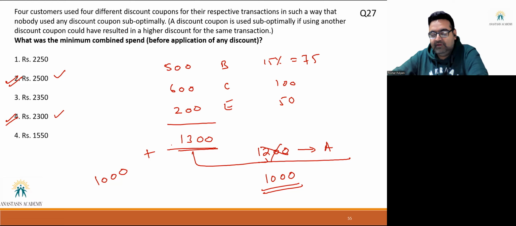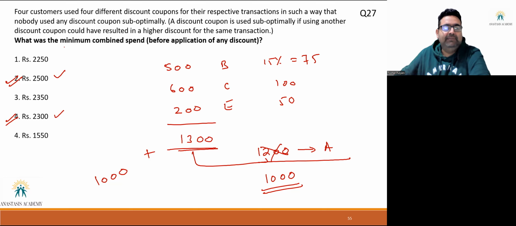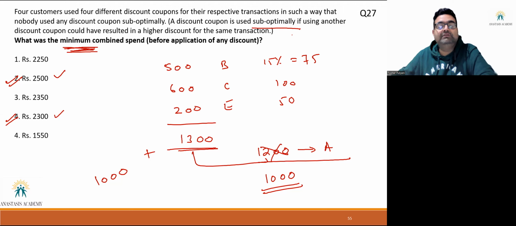And like I said, we'll have to wait for XAT to clarify this. I would have marked 2300 personally. Why? Because the idea is to minimize the combined spend, right? If I have to minimize the combined spend, the thought process says: why do I spend 1200 then? I can spend 1200 and use coupon D, and it is still not violating my condition of suboptimality, because for 1,000 rupees shopping, 100 discount can come from either of the two coupons, but using one coupon over the other with the same discount is not suboptimal, right? So that way, the other possible answer would have been my answer.